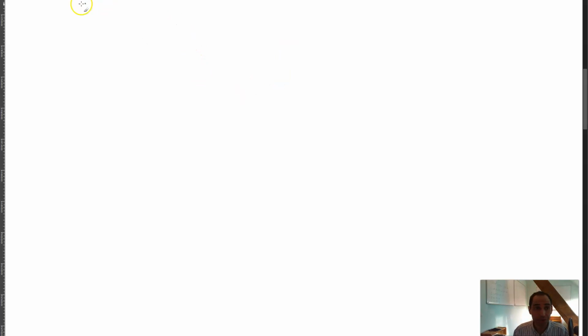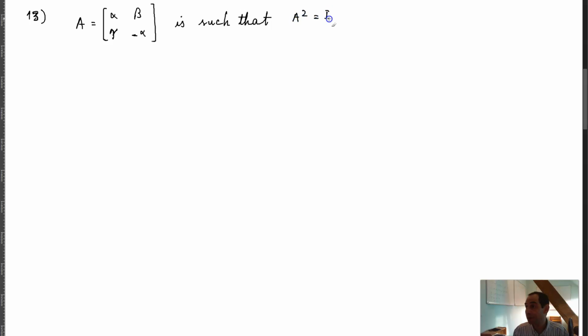So question number 13 is: if A is a matrix alpha, beta, gamma and negative alpha, such that A squared is equal to I, then